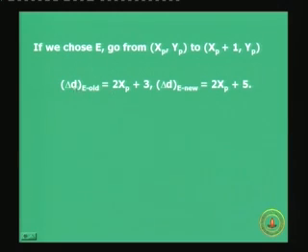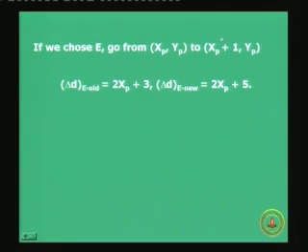But let us take the old variable d itself. 2xp plus 3 is the increment if you choose east, and that I will put as old. What is the new? This new delta is the first order difference under east after choosing xp plus 1, if we also choose the next east point. We are going from xp plus 1, yp to xp plus 2, yp, and hence the delta d east new value, the first order difference new value,